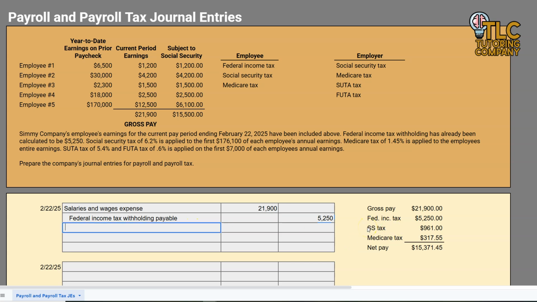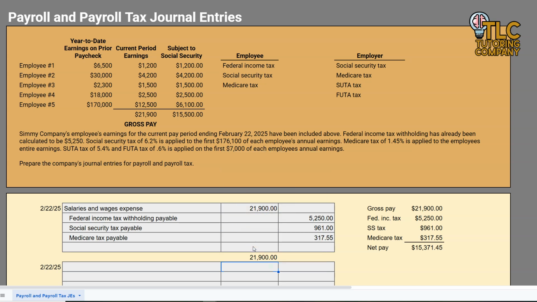Next is Social Security tax, the first of our FICA taxes. Social Security tax payable. Again, that payable is important. Your employer does not get to keep that. $961. And then for our last one, Medicare tax. Again, payable, very important. $317.55. And then our last one, the amount of their paycheck, that net pay,